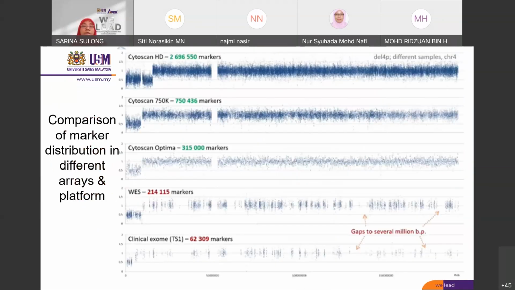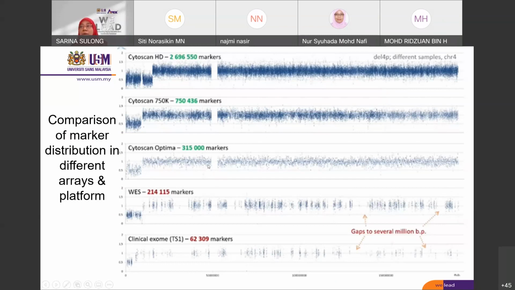Okay, so this slide shows the comparison of marker distribution in different arrays and platforms, in which CytoScan represents a DNA microarray. CytoScan is manufactured by Thermo Fisher, and WES, the whole exome sequencing, and clinical exome represent the NGS platform. So in this figure, CytoScan HD has the highest number of markers, almost 2.6 million, as compared to CytoScan Optima, which only has